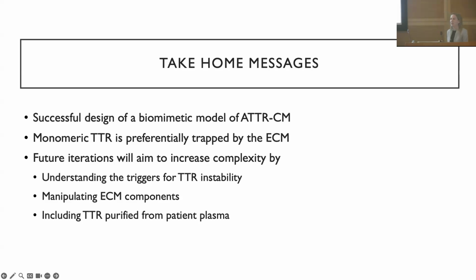And the reason for this is you might say, well, you showed us all these images saying you can make oligomers and you can make fibrils, but you didn't show us any images of those actually being put on cells. And the truth is that the yield of this is extremely, extremely low. And in our work and in work with collaborators, what we found is that, like what the group who made the mouse model showed, you actually need a little bit of patient material to get these higher order structures to form. And so we need to be able to figure out how to do this to an extent that gives us enough material to actually be able to do these experiments. And that's what we're working on now.